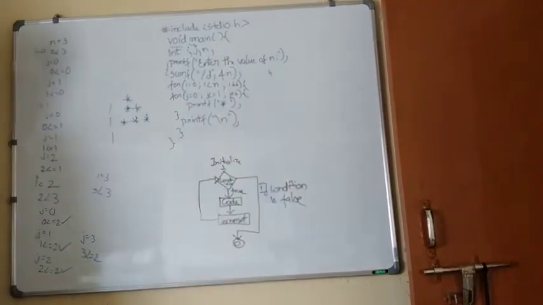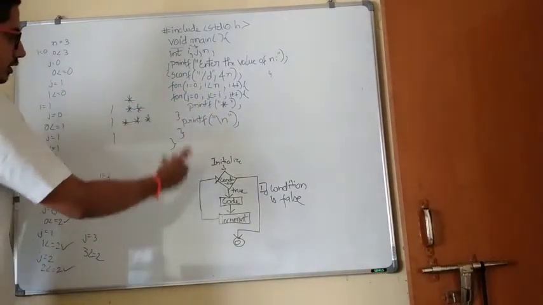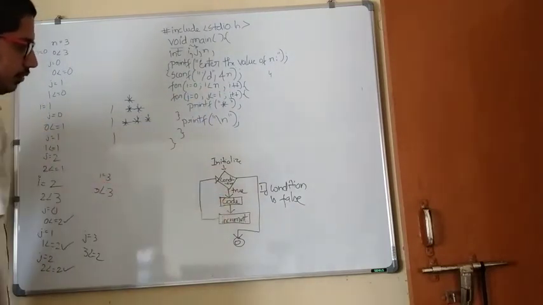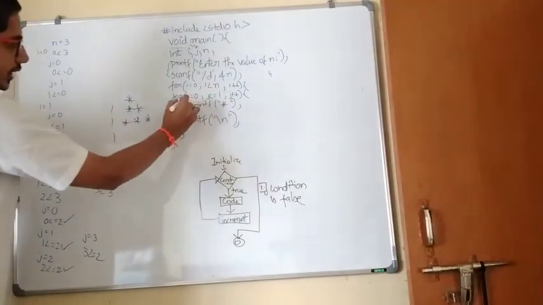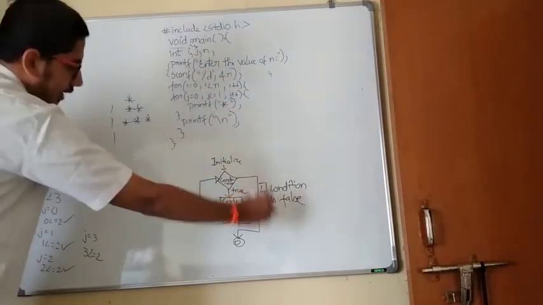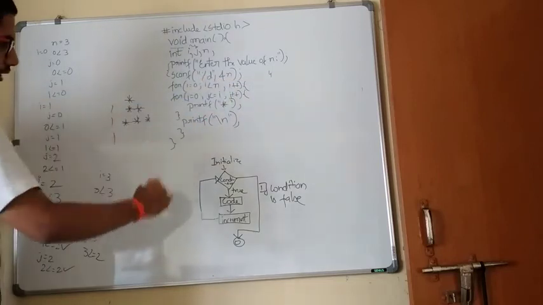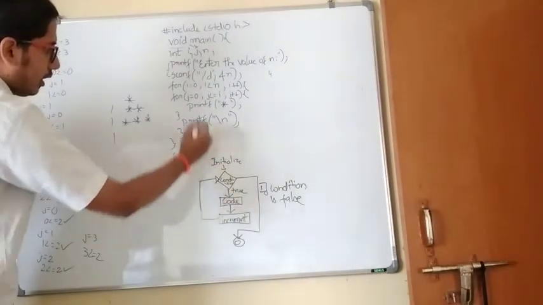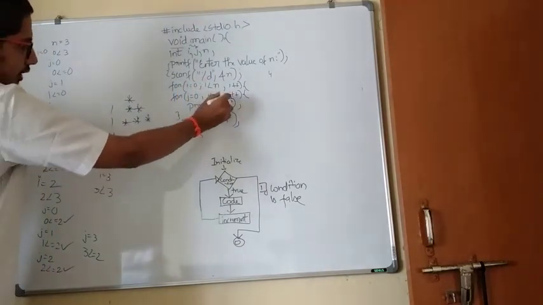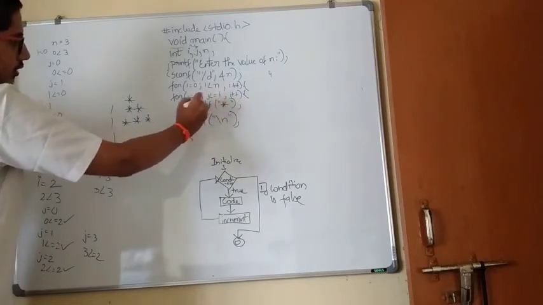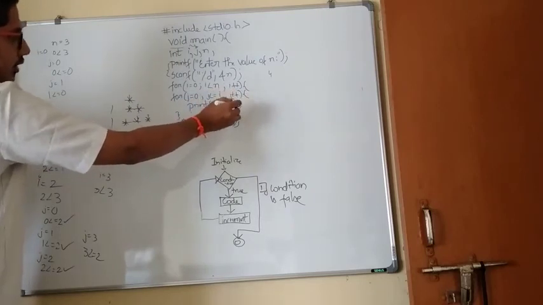One thing we see is everyone will be knowing how a for loop works, right? That is what I did here. This is a flow diagram for it. First initialization, then the condition is checked. If the condition is true, then it enters the second for loop. If the condition was false, it directly came out. In the last case, i equal to 3, after the increment this condition failed, so it came out directly. If the condition was true, it enters and executes the code. In this for loop, for example, initialization, the condition was checked, a star was printed, incremented, and then again the condition was checked. If it was true, then again a star was printed. Then again j was incremented and the condition was checked.